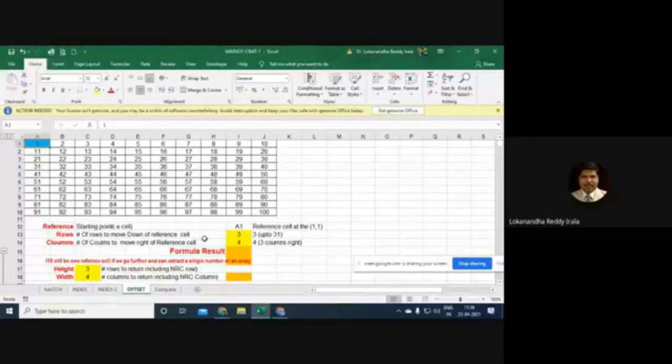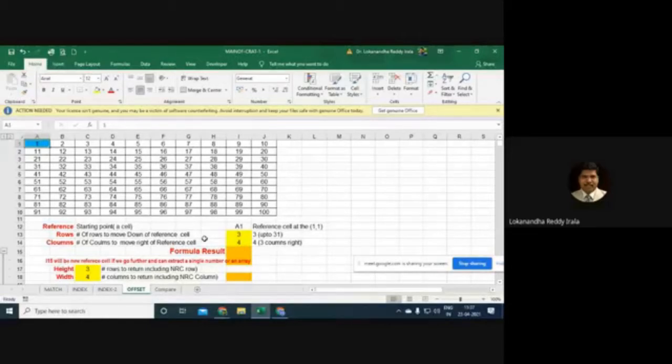I'll later demonstrate the powerfulness of the offset function through some real-time models that I have developed. The problem is that I'm not able to share all the complex models with you, because complex models need a lot of sitting together and a lot of discussion. That is possible only in a classroom setup, and unfortunately we do not have that setup. But anyway, I'll show you some robust models that I've developed using these powerful functions.